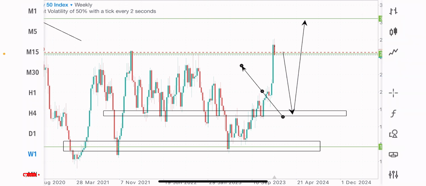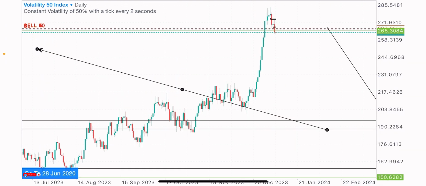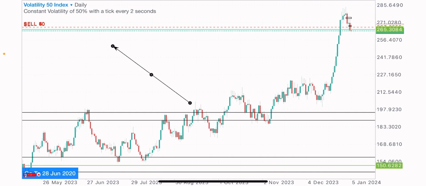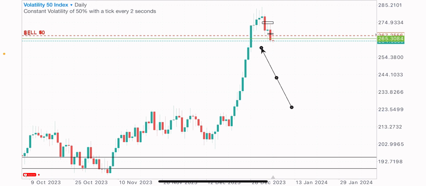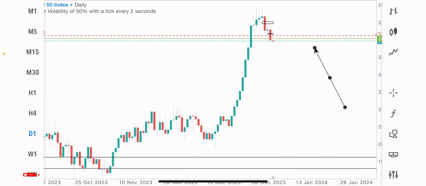So after identifying this market structure, we're going to the daily time frame next to work alongside this market information. On the daily time frame, you can see how big this bullish move is. This bullish move, we're expecting price to come and fill it up, so I had to go to a lower time frame to look out for a bearish market formation